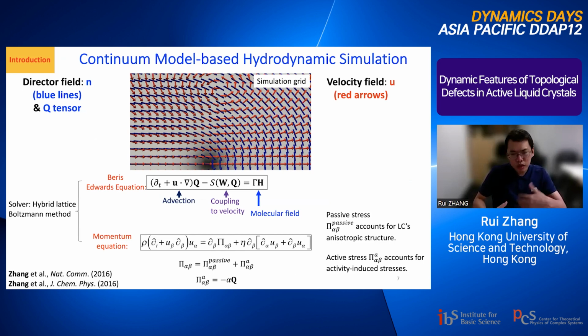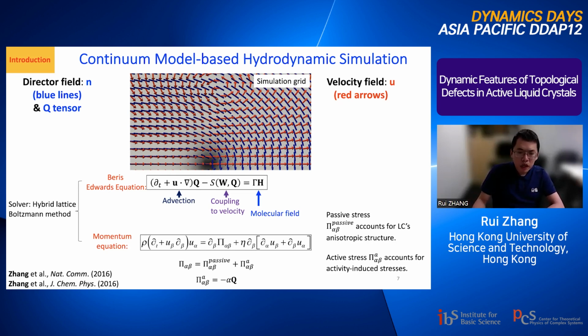In order to understand the flow and the motion of the defects, we have to consider the Navier-Stokes equation. On top of that, we also have to describe the evolution of the microstructure of the liquid crystals. So here is our simulation framework. We have two fields. One is the director field, which we solve using the Q tensor. The Q tensor gives you more information about the liquid crystal. And we have another equation, which I call the momentum equation, in which we solve the evolution of the